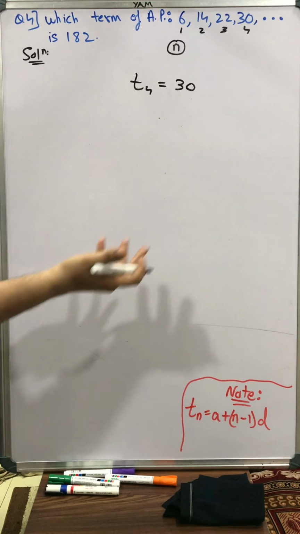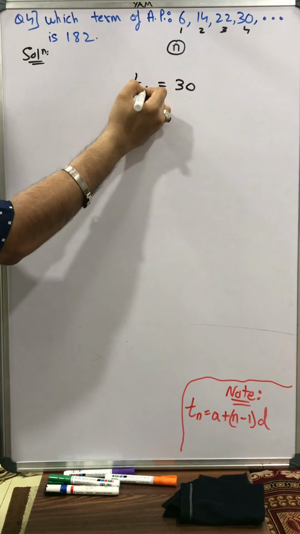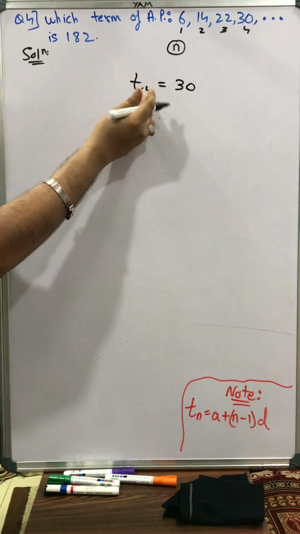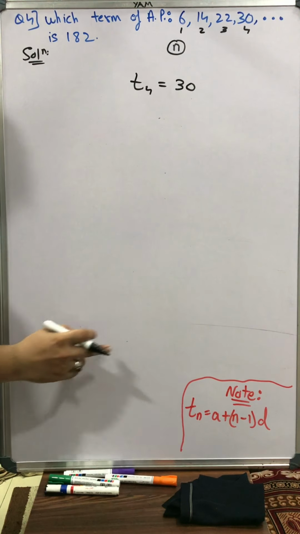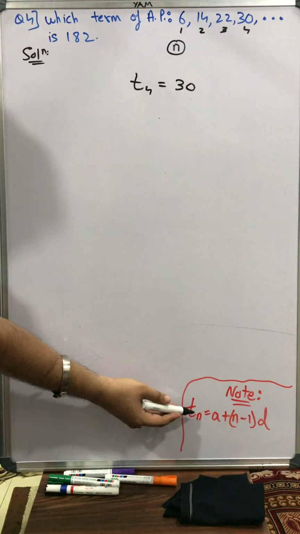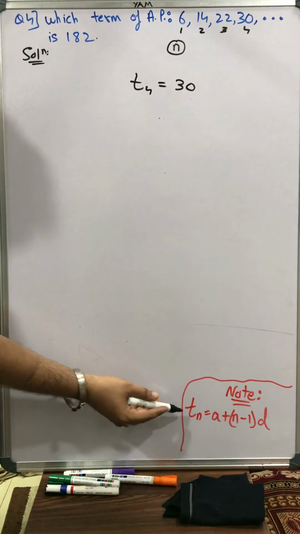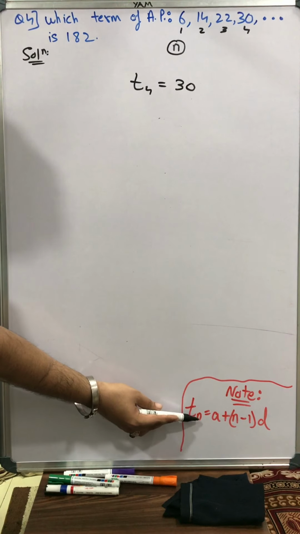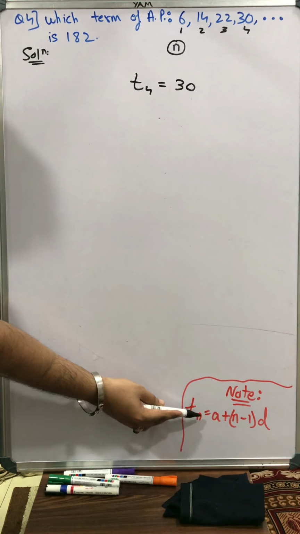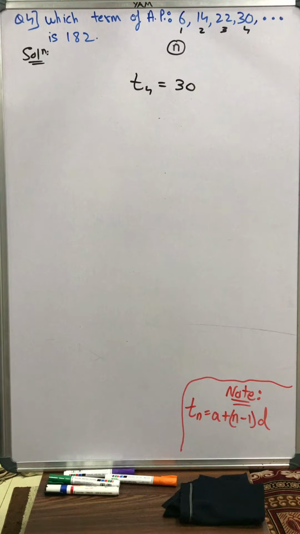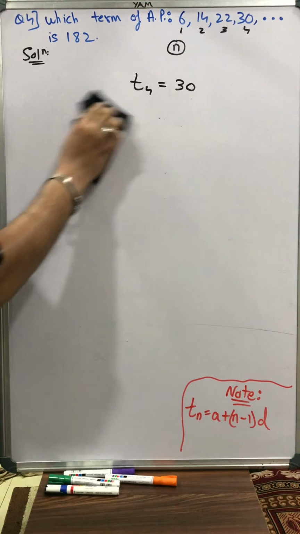Understanding? So the small n over here denotes what? Which number's term it is. And when we write T subscript 4, this denotes what? The term's value. We have one formula, T subscript n, to know the value of any term. We just have to put the correct number over here for n and we will get the answer. This is our funda. Okay, now once again let's see the question.